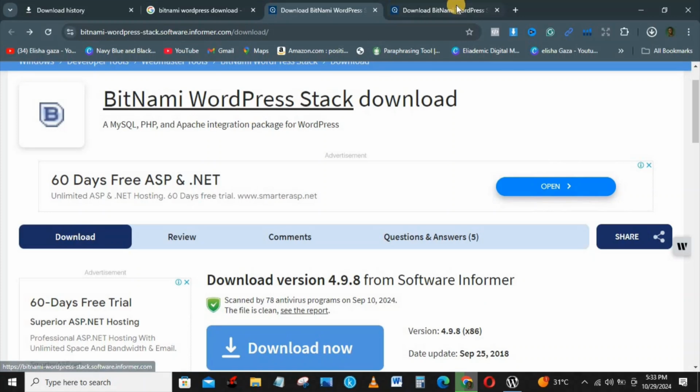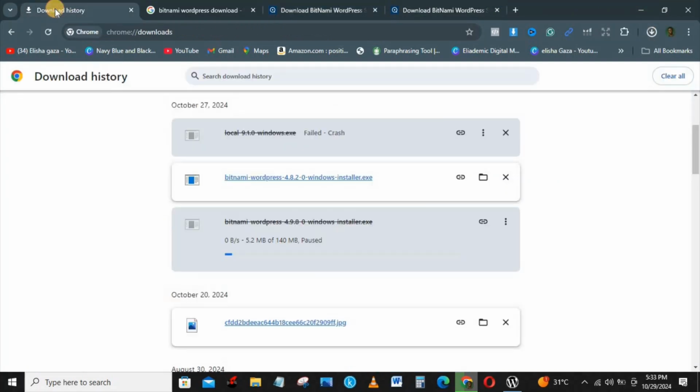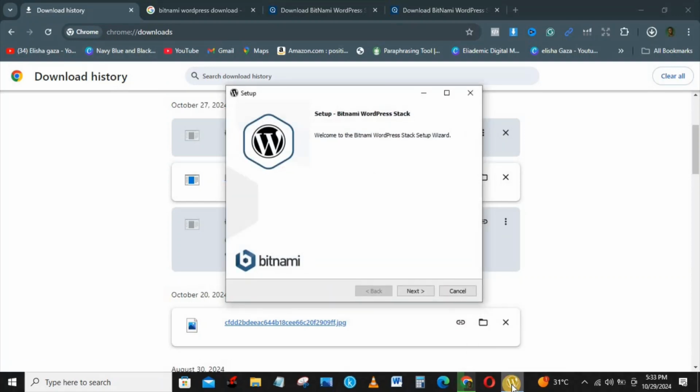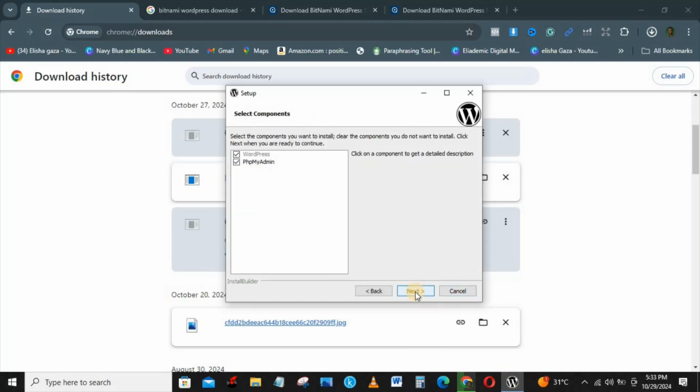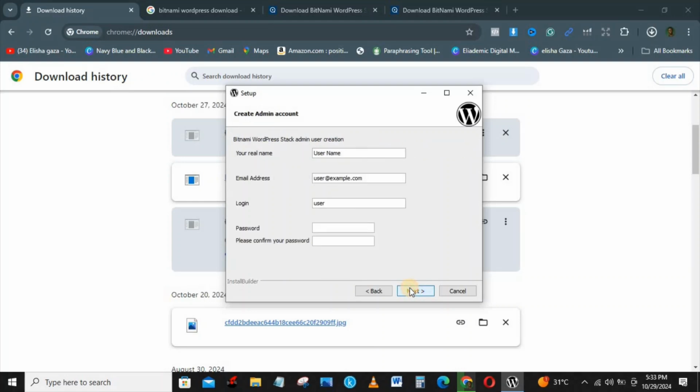And when you click on download, you will be able to hover onto this place and then you click download now. Now the moment you click download now, your file will start downloading, and because I've downloaded it, all I just need to do is click on it to install. Guys, all you need to do, just like you install a software, you just follow the instructions and you click on next, click on next, click on next, and here you are going to do some